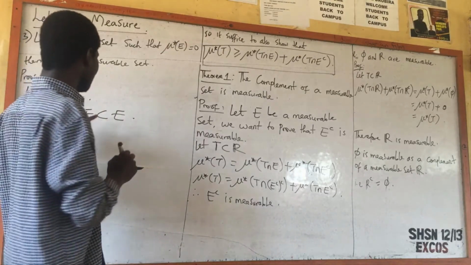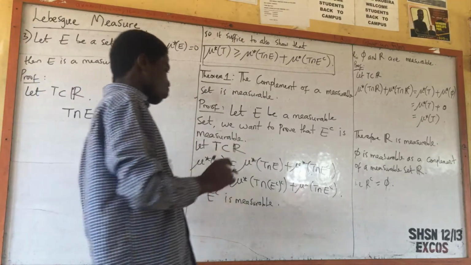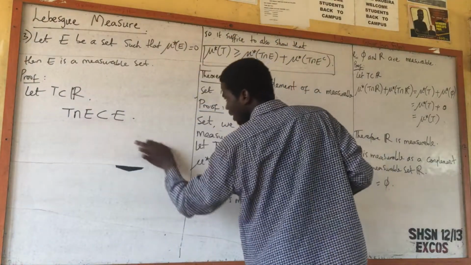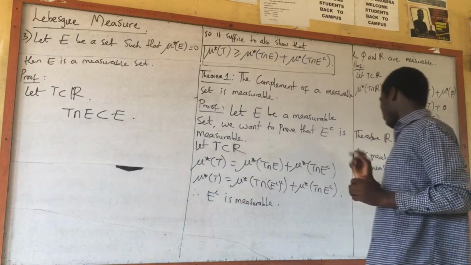T intersection E will be fully contained inside E. So what am I trying to say here? What I'm trying to say here is that since I have T intersection E and it's fully contained in E,